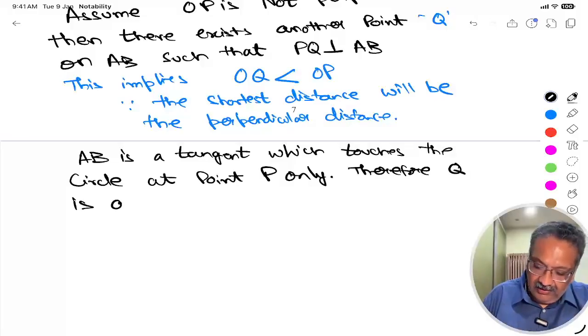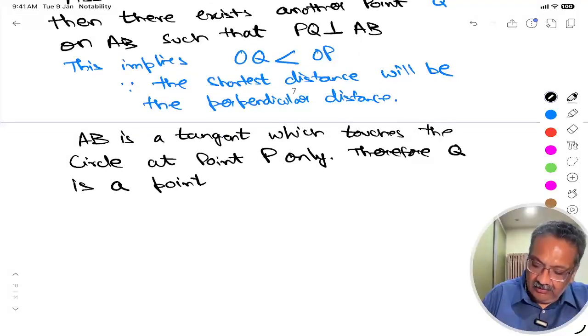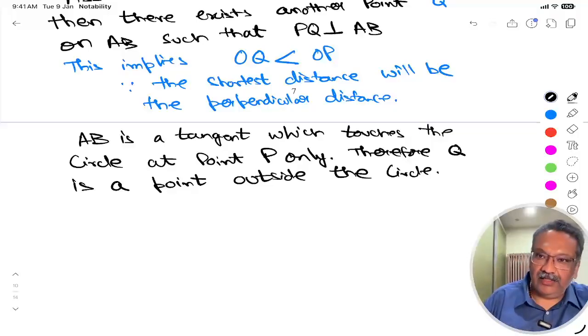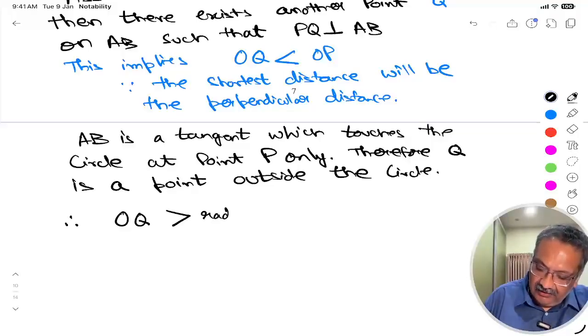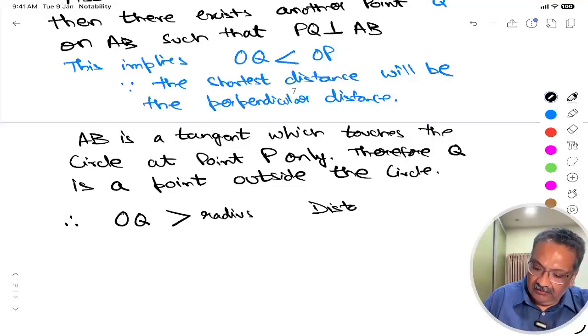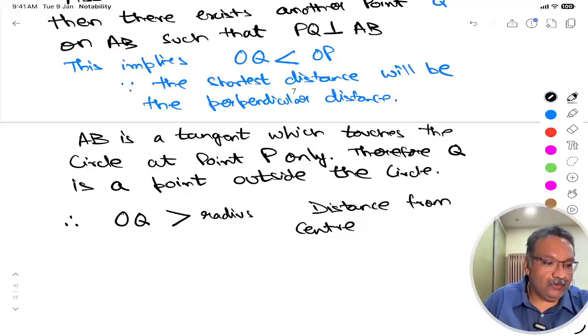Q is a point outside the circle, correct? So now if Q is outside the circle, therefore distance OQ will be greater than the radius of the circle, correct? The distance from the center to any external point,